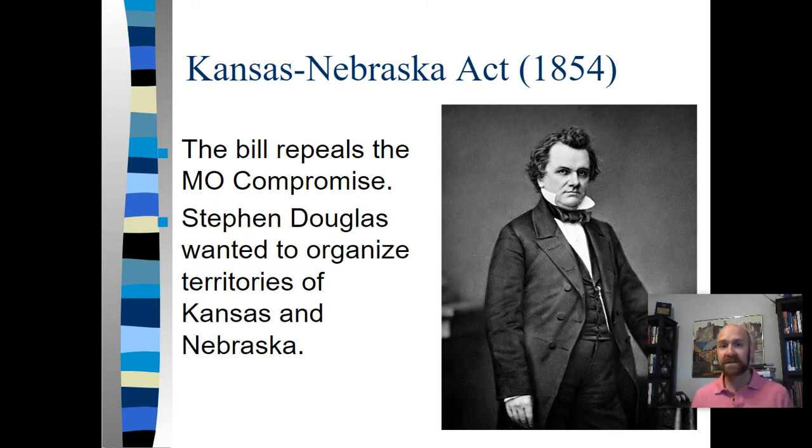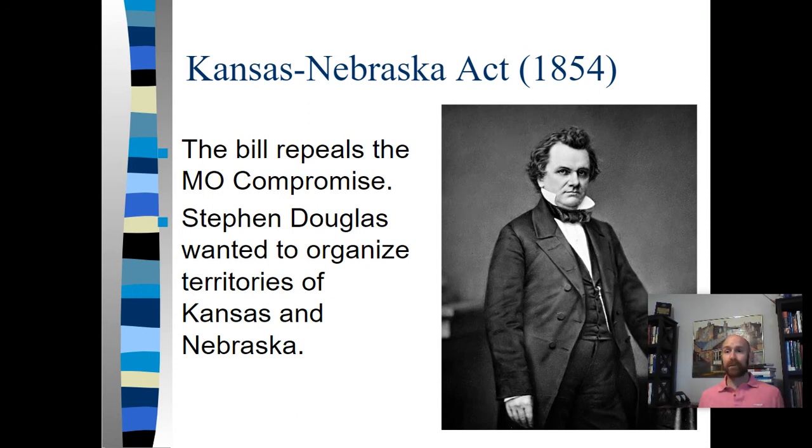Right. And so Stephen Douglas wants to organize this territory, but the South is going to oppose it because it's above 36°30′, which means it's going to have to come in as a slave state, or I'm sorry, as a free state. And so everybody kind of realizes that if you cut the Kansas-Nebraska territory into two, Nebraska is almost certainly going to come in free, right? The people there are most likely going to reject slavery. Kansas, on the other hand, because it borders Missouri, and Missouri is a slave state, there's a good chance that Kansas might come in as a slave state if 36°30′ can be repealed.